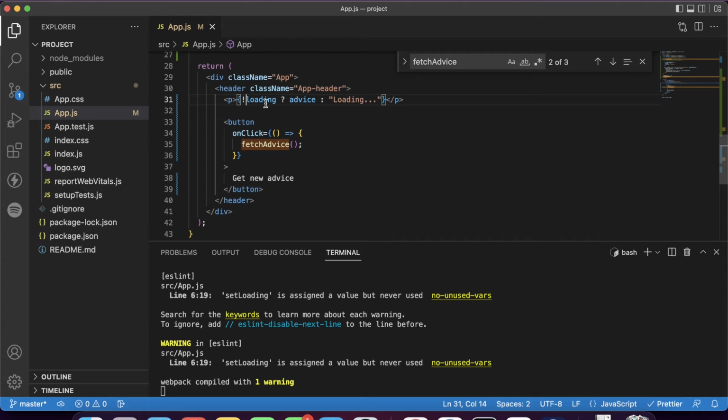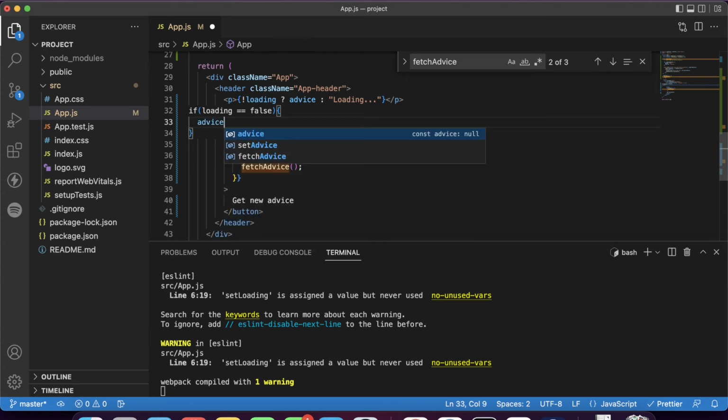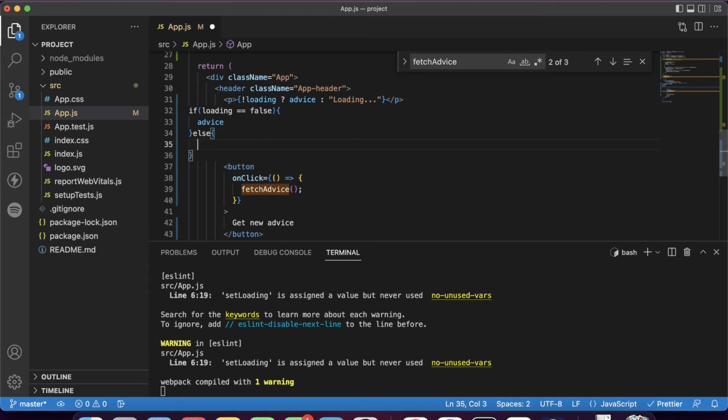So this is a ternary operator. This is similar to an if else statement. This means that I am currently writing: if loading is equal to false, show advice, and else, show loading.